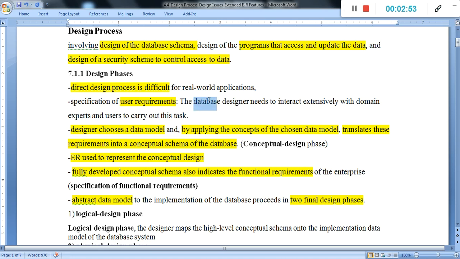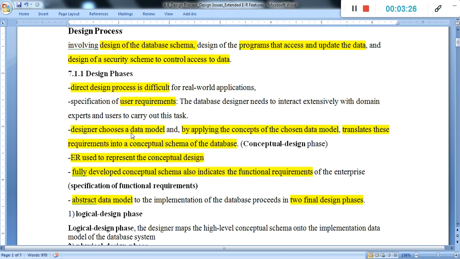Then the database designer selects the data model as per the requirement. We have already understood the different types of data models: object oriented, semi structured, relational model, entity relational model.